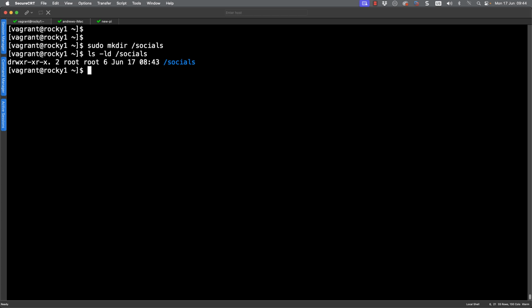Now this is going to allow them into the directory, and that's the execute permission, to list the contents of the directory, that's the read permission. But then everybody is allowed access to the socials directory, and maybe we don't want that.